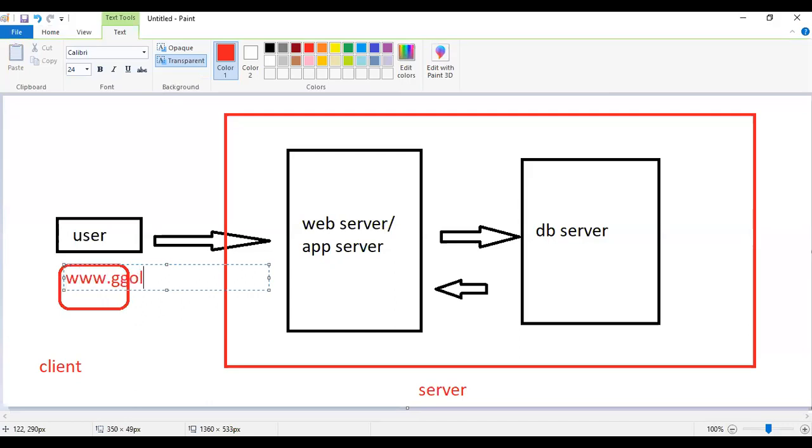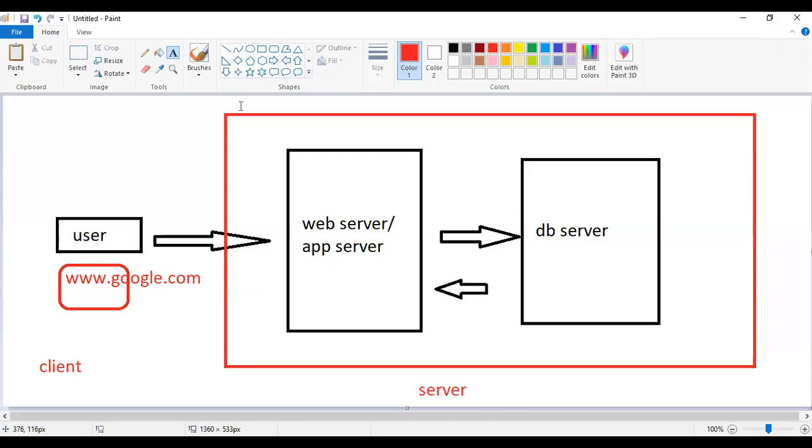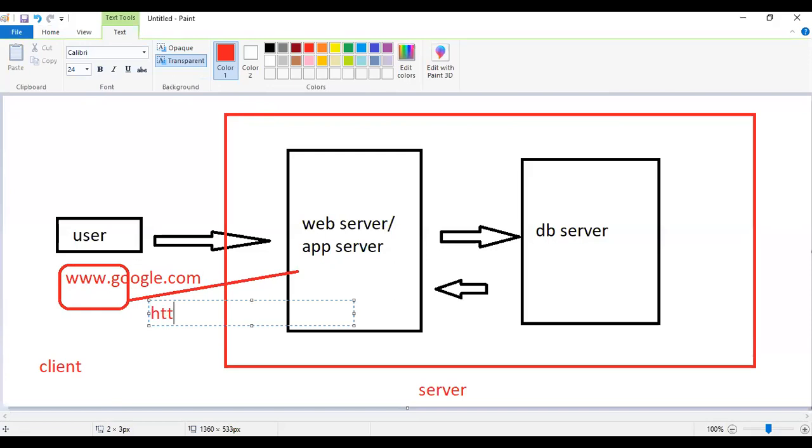When you type this, that request will be sent to the server. That request is an HTTP request. Okay, the HTTP request will be sent to the server.